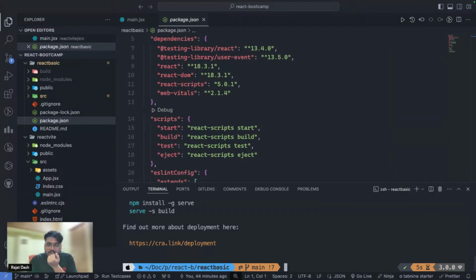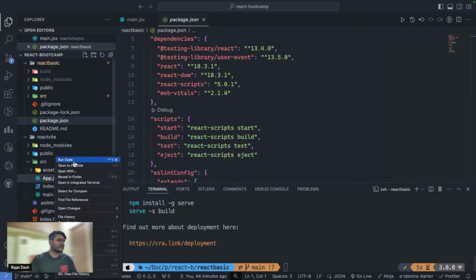Vite is just used for the beginning. Later we use only React. Someone asked: I have seen and learned only components in JS, not JSX. Can you tell the difference between the two extensions? See, JSX is the extension that is being used.